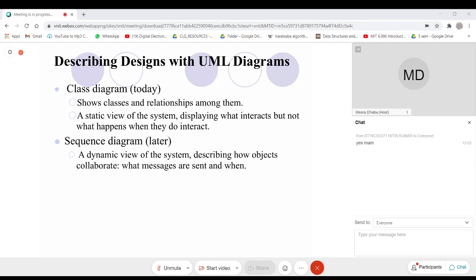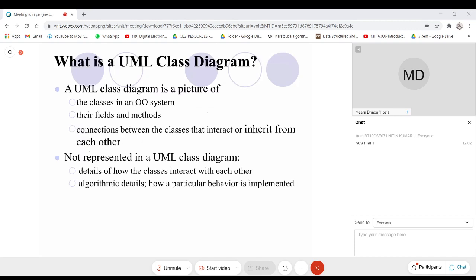So in today's class, I will be focusing only on the class diagram. It's a pictorial representation of the class definition, including fields and methods, and of course, if it is inherited from another class, or if it is contained in another class, that connection will also be shown in the class diagram.